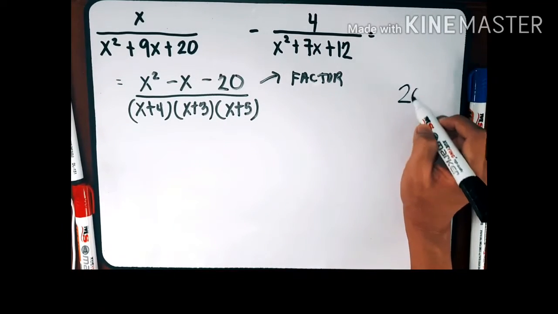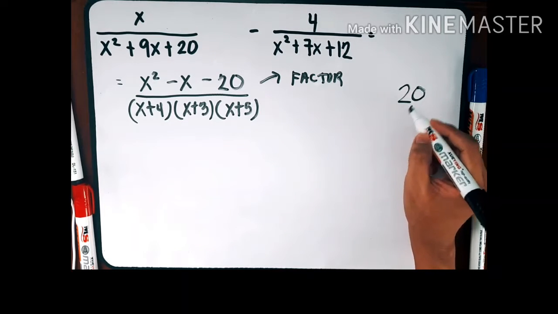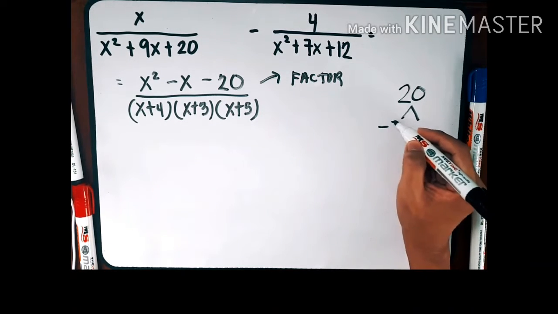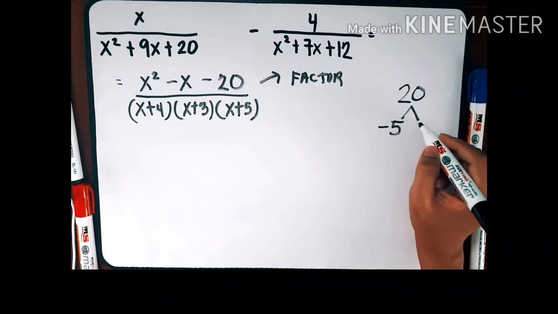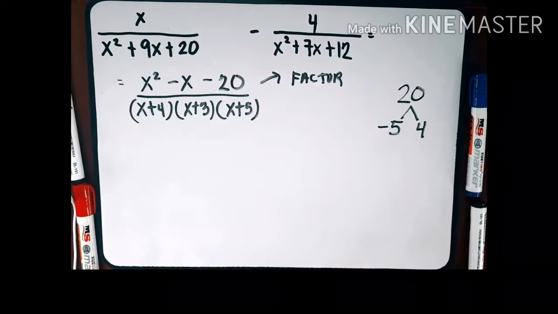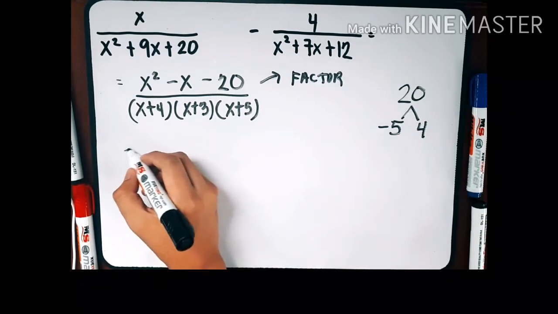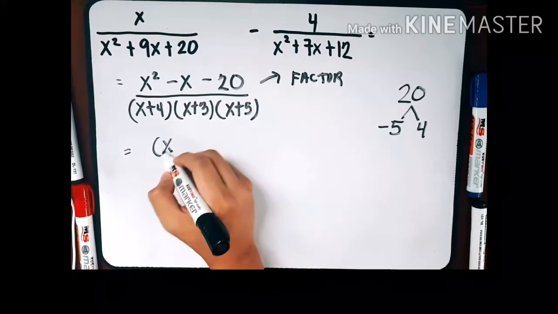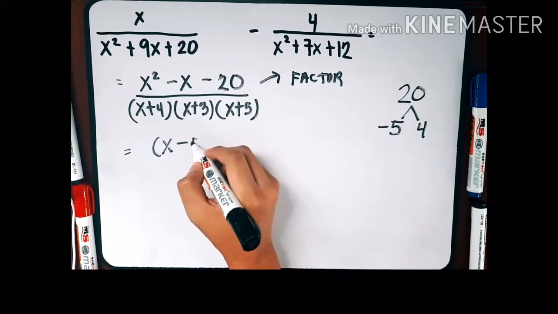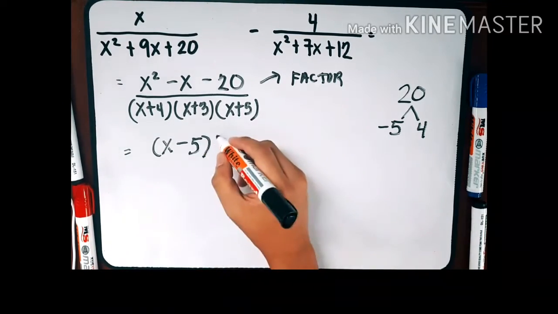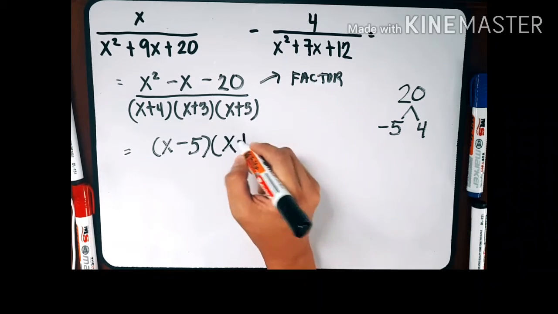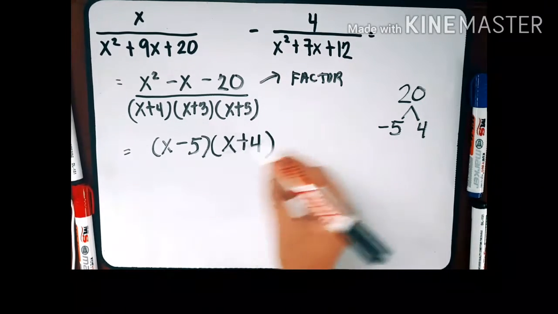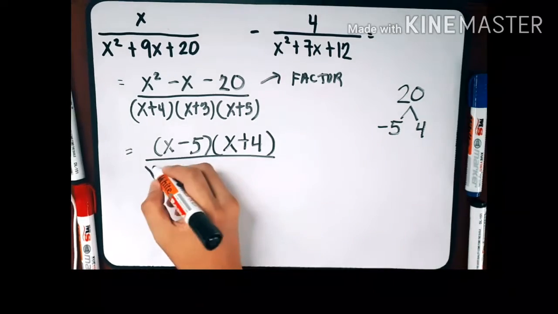So, in this case, yung pwede natin gamitin, possible yung negative 5 and positive 4. So, factor out na lang natin, which is x minus 5, and yung isa is x plus 4, over x plus 4,